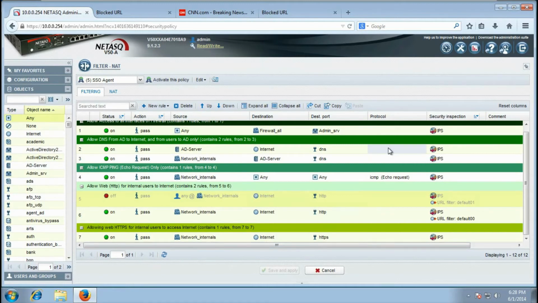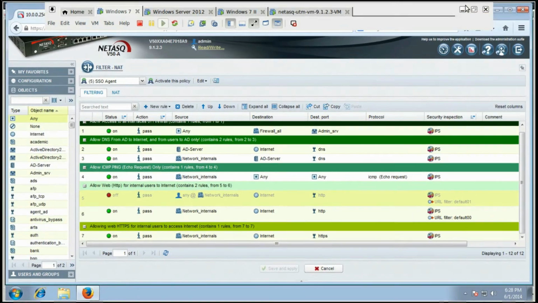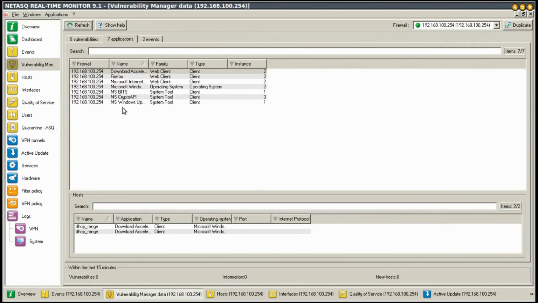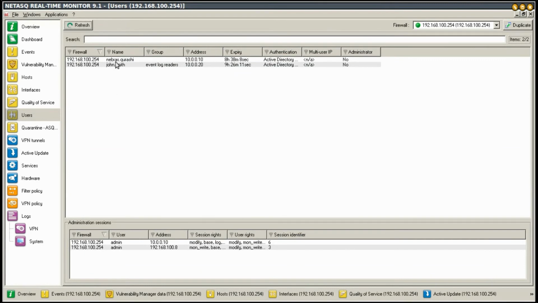So now the next thing we are going to do is check the real-time monitor policy. I will go to the real-time monitor software, and you can see here the dashboard, and you can check the events, and check if there are any vulnerabilities detected in the network. Anyway, I will go to users, where I can see I have two users logged in. One of them is Al-Qurashi. It is the user I am using for testing. So you can see that without enabling any authentication portal, the Netasq firewall was able to detect the